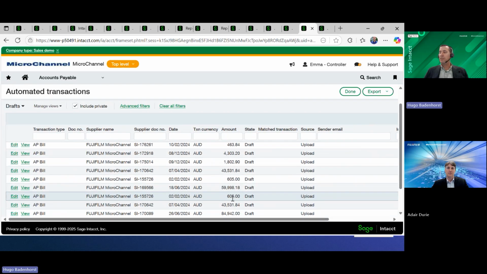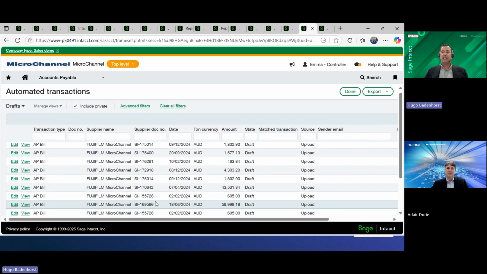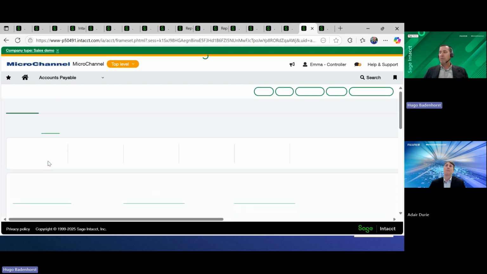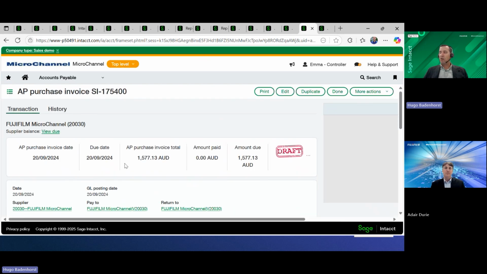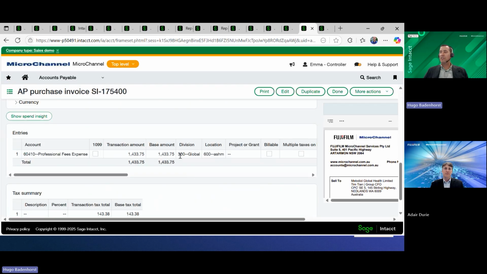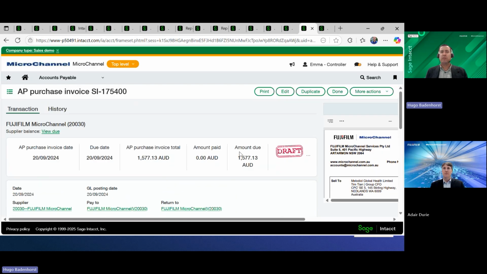So it'll bring through the transaction. You can also see the attachments there. Whenever you look at any of these, from a processing point of view, you'll be able to view the details of the transaction and the actual invoice side by side to go through and see where things were coded and how it comes in. So once we've verified that, we send it into the approval workflow, and it will step through that delegation of authority that you saw earlier and get to the manager's approval for review.